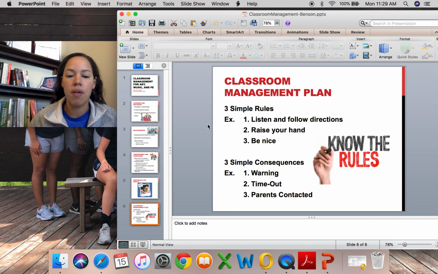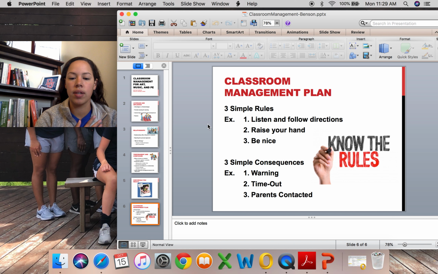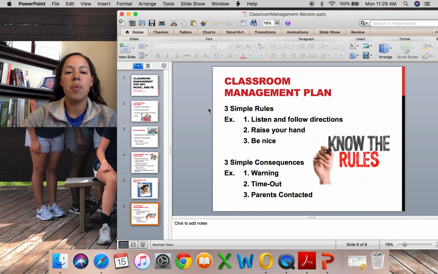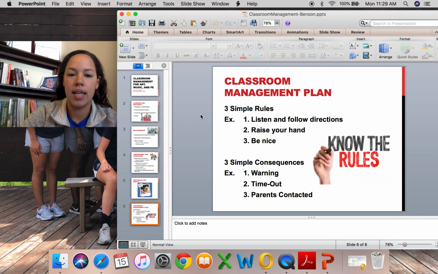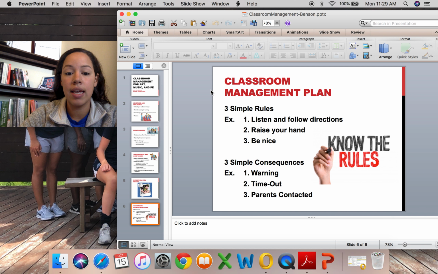So we would talk about how those prior key things are things that we can do as teachers, and that really affects how we are portraying ourselves in the classroom. But now we have our classroom management plan, and this is really what holds together what is going on in the classroom that we will be in, whether it's the gym, a music room, or an art classroom. And regular classroom teachers can take this as well into their classrooms.